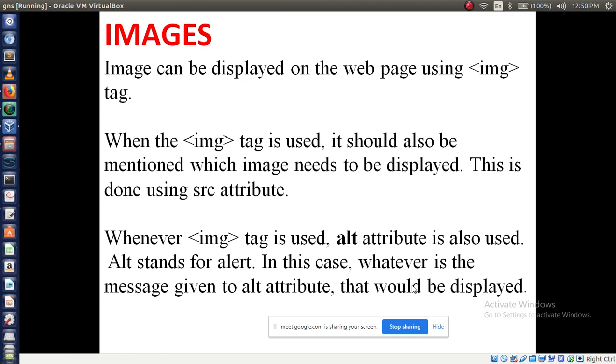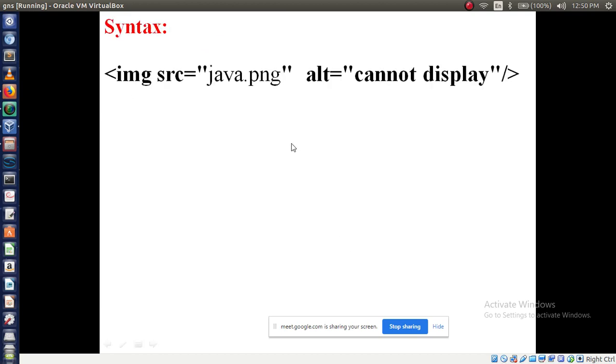Let's see. First of all, you have to remember in this slide, to display any image you need the image tag, then followed by source, then followed by the alt attribute. So let's see. This is the syntax for using the image tag. Everybody, you will write this tag. So image tag followed by SRC, source. It is called the source attribute. The source attribute holds the image name. Here I am using the image name